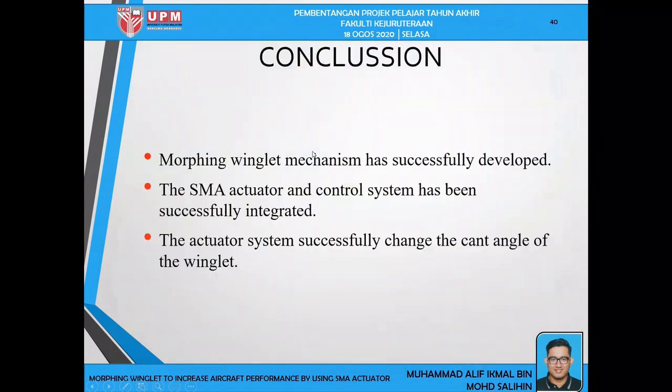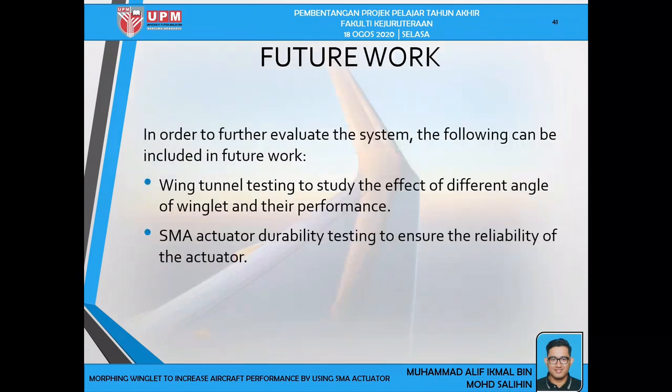And the conclusion is that the morphing winglet mechanism was successfully developed, and the SMA actuator and control system were successfully integrated, and the actuator system can change the cant angle of the winglet without any problem. For future work, we can include wind tunnel testing to study the effect of different angles of the winglet and their performance, and also we can test the actuator durability to ensure the reliability of the actuator in